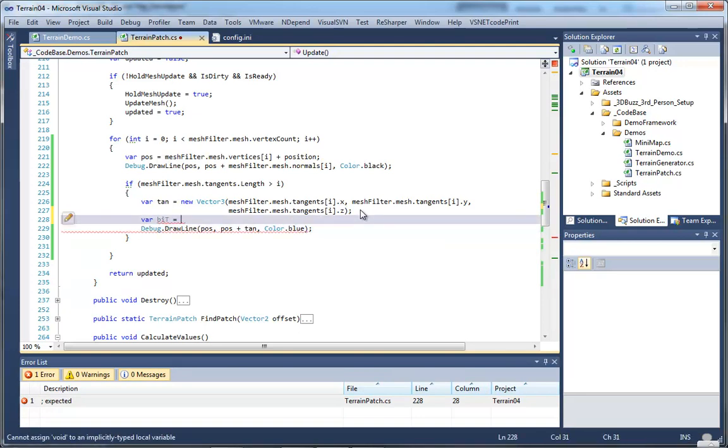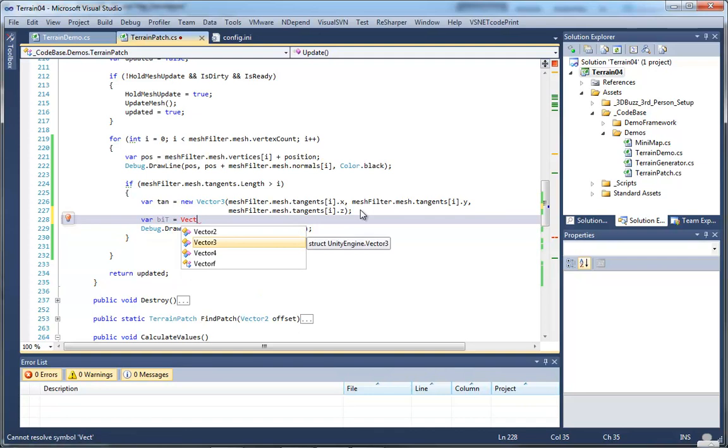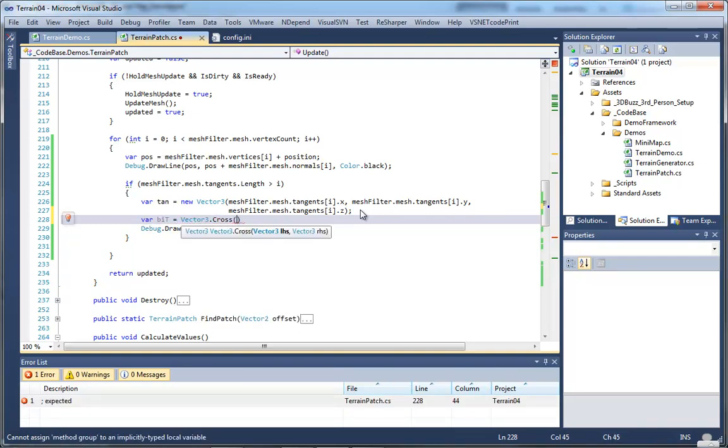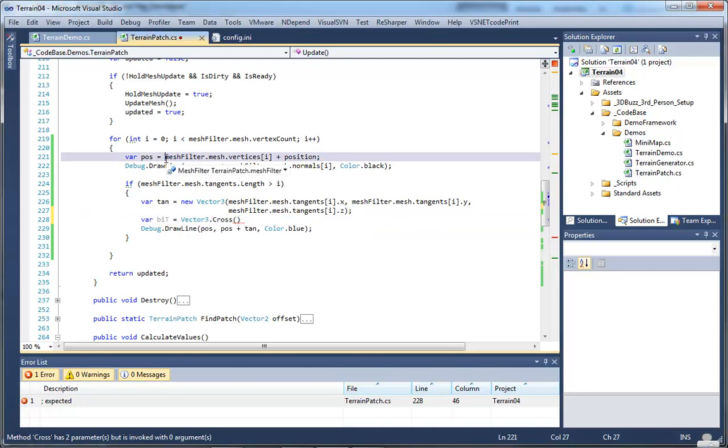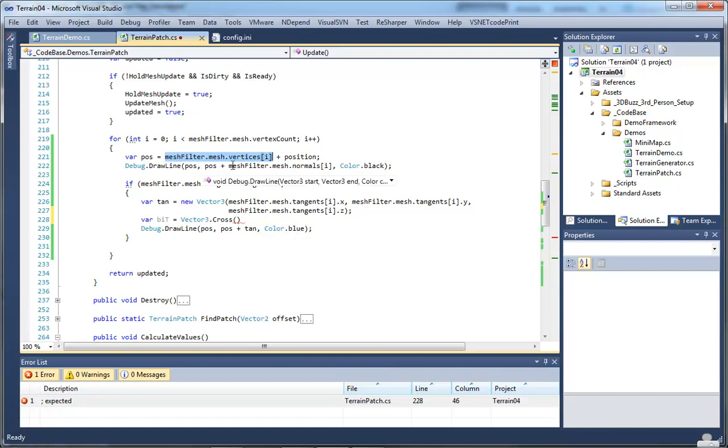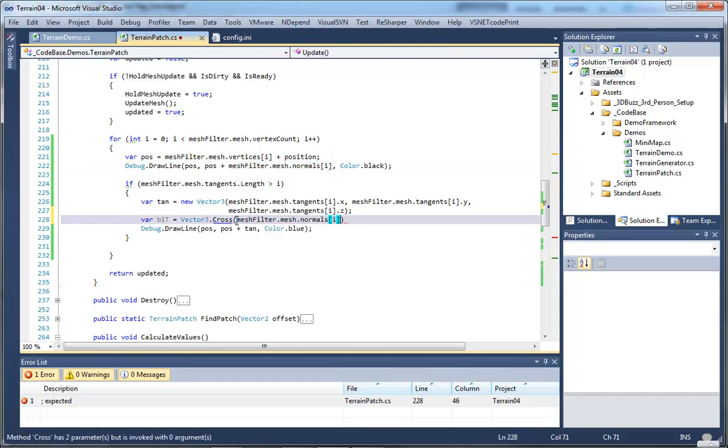So that's going to be equal to the Vector3 dot cross product of our normal, which is going to be our mesh filter. So I'm just going to copy this line. Copy it one down below that on the debug draw line. There we go. So we're copying our normal,